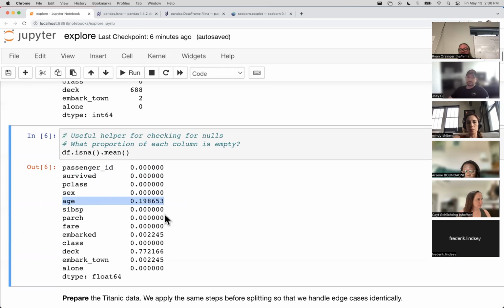Something that can happen is if we fill, and this is why there's not one answer for handling nulls. It's a good habit to fill your nulls if you don't have any better tool with the median or the mode if it's categorical. But what that can do is overweight the median or overweight the mode, which is already prevalent.